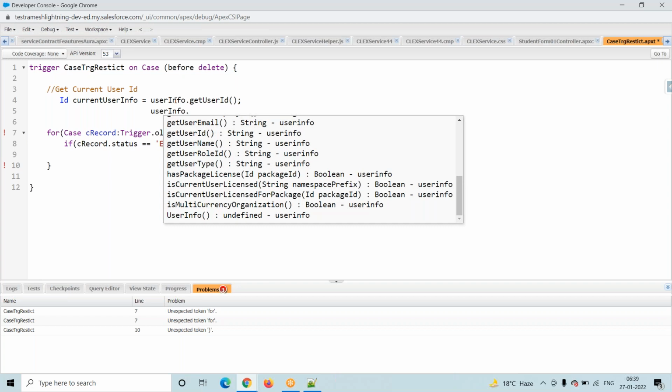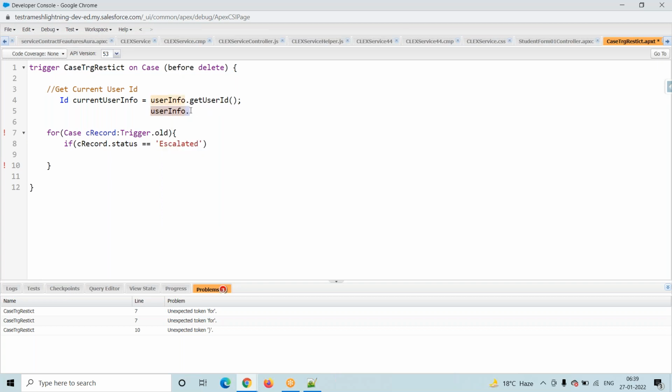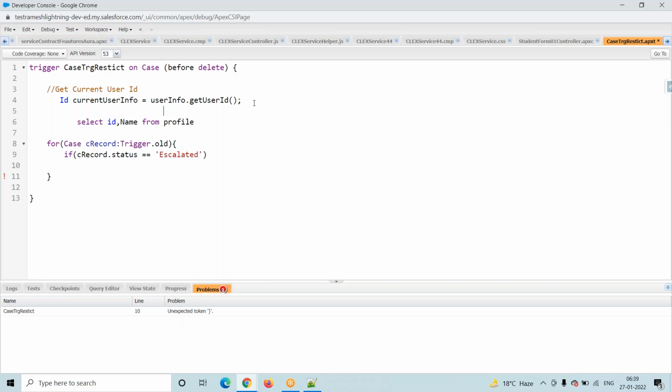See, UserInfo is a class, and in that class these are the methods. So here we are getting the current user ID. Now what is my next step? I want to get the current user profile ID. So how to get the current user profile ID? Select Id, Name from Profile where